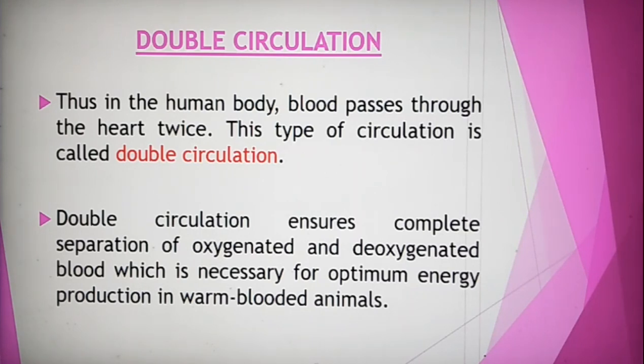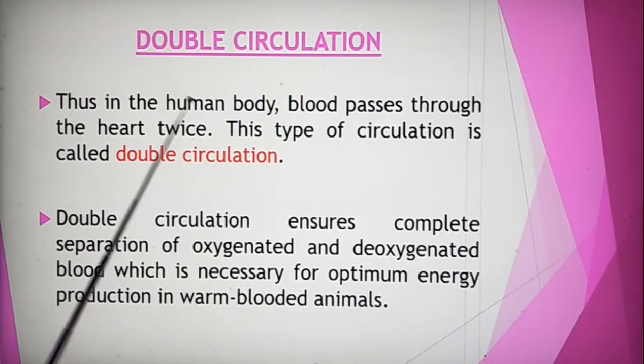So we have a 4-chambered heart. But when we think about reptiles, amphibians and all, they have a 3-chambered heart only. But the fish or the pisces, they have a 2-chambered heart. That is it. Pisces have a 2-chambered heart. Amphibians and reptiles have a 3-chambered heart. The exception is the crocodile. Crocodile has a 4-chambered heart. That we already discussed last year. Then the apes as well as mammals, we are having what? A 4-chambered heart, and we have the septum to separate the pure blood and the impure blood.